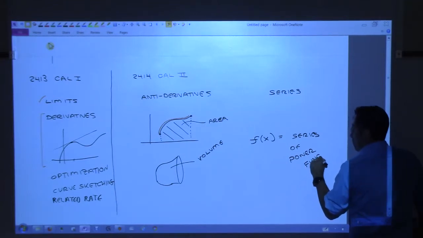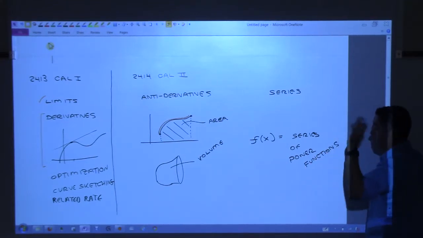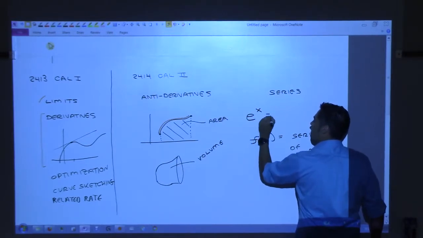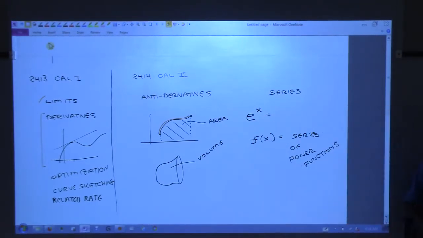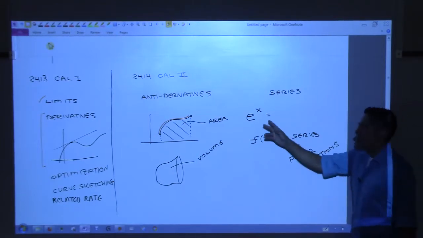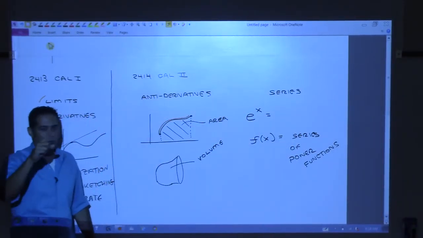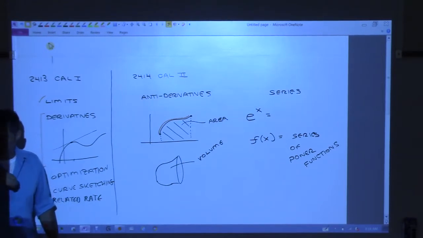I'll give you an example. And if this seems like, well, I don't know what he's talking about, don't worry about it, all right? Everyone here is familiar with the function e to the x, right? It's the exponential function. We know that e is about 2.718, blah, blah, blah, right? And if we plugged in e squared on our calculator, we would get a decimal, wouldn't we?